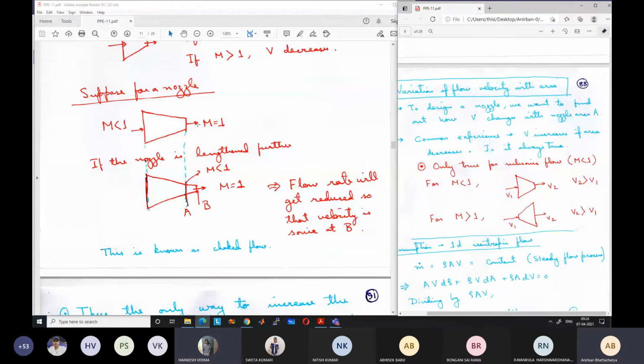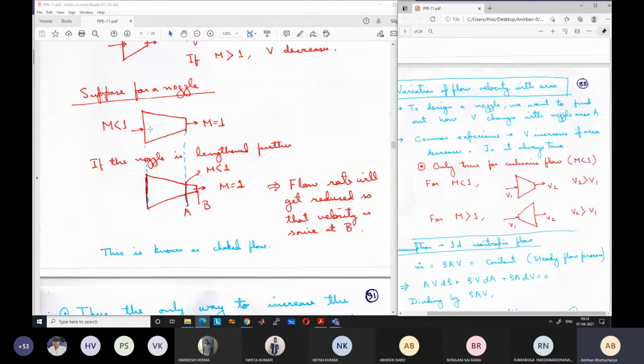Now I decrease the pressure on this side. Instead of 100 kilopascal, I make it 80 kilopascal. So inlet has 100 kilopascal, outlet has 80 kilopascal. Now there is a pressure gradient, so flow should start, in a pressure driven flow. There will be a certain mass flow rate because of the pressure difference, and there will be a certain velocity.